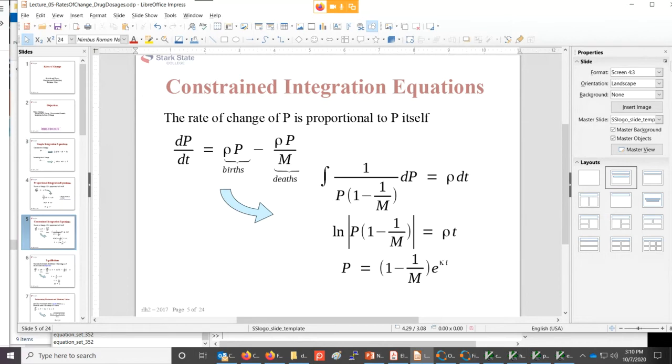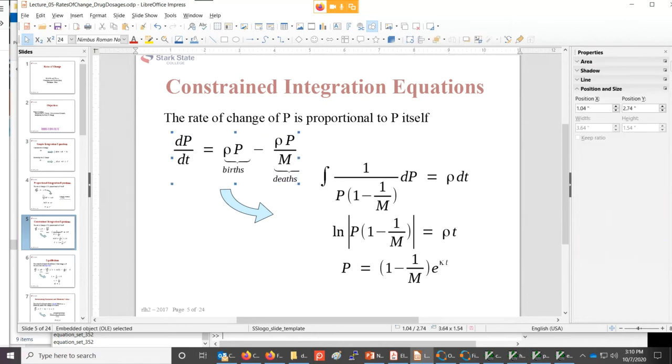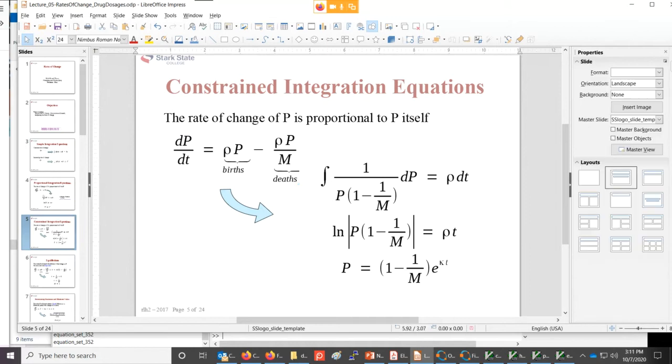And then over here we have a rho divided by a mortality value. The capital M there is kind of like a mortality value, which specifies the death rate. Okay, and so the capital M again is just a mortality rate. So if we do a little bit of algebra on this, then we get that the population would